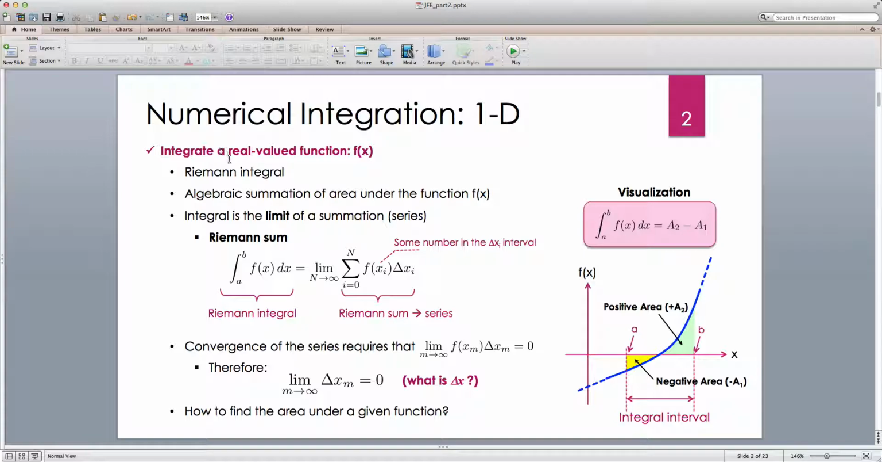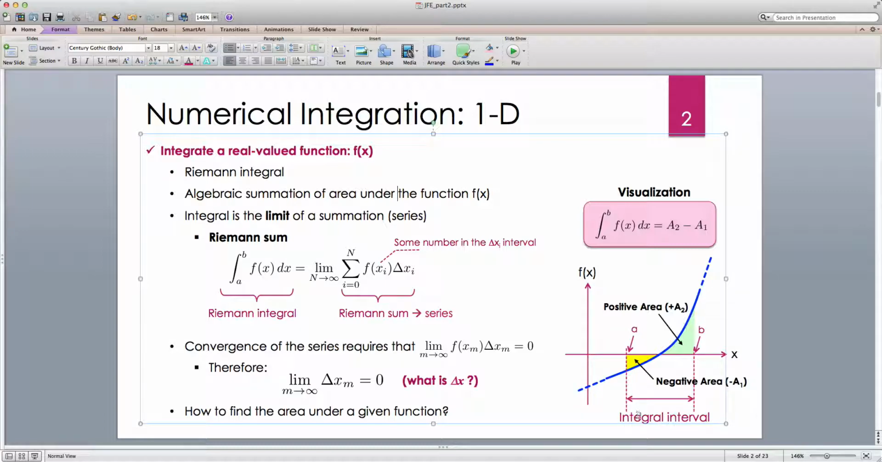Now, the main type of integration that we're going to look at is Riemann integration, and it's basically the algebraic summation of area under the function. And when we say area, we mean an algebraic area, which could be either positive or negative. For example, if you look at this function, and we are integrating from a to b,